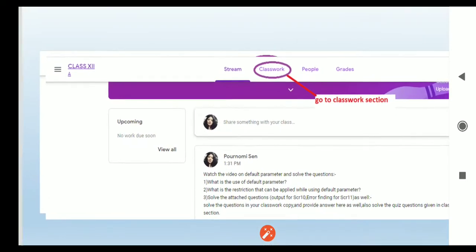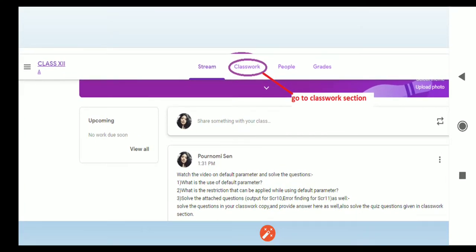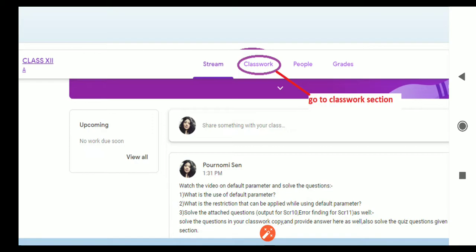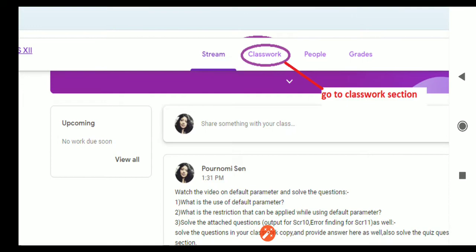First, you have to open your Google Classroom, and as it is seen here, I have taken this screenshot from my own class of computer science. So you have to go to the classwork section as it is shown here. Open your Google Classroom. These options will be shown here: stream, classwork, people and grades.